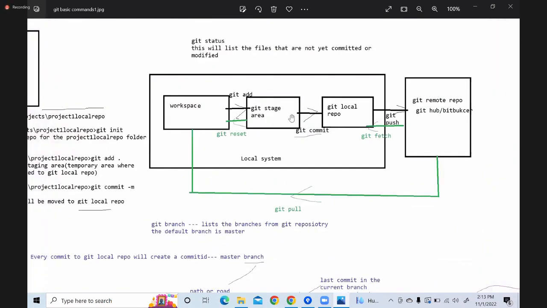So git add, git commit. From here git push. Okay, from the git local repo, we will do git push. So this part, we are now going from the git local repo to git remote. So for that, I'm using